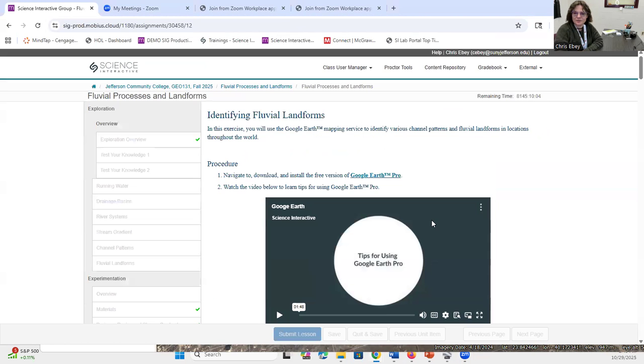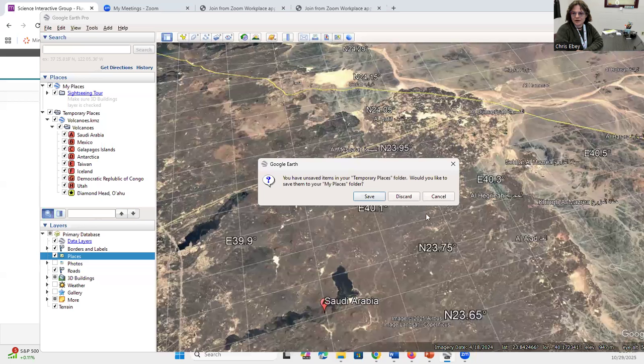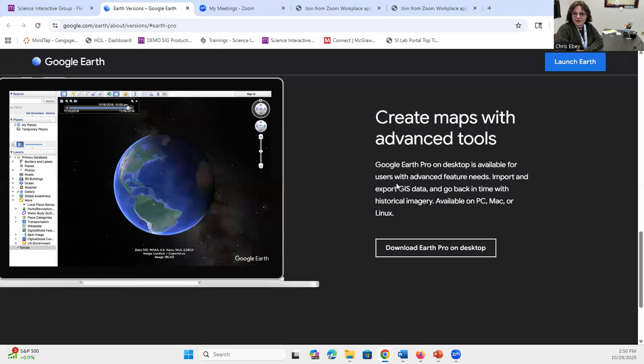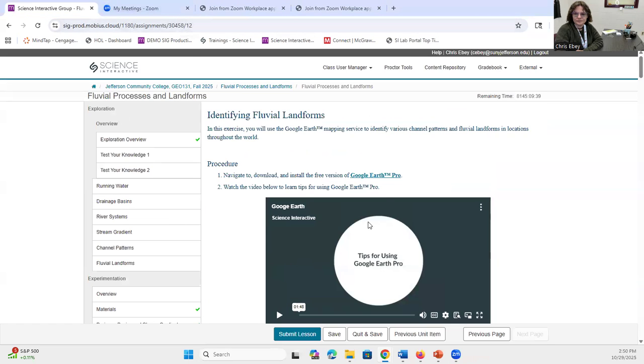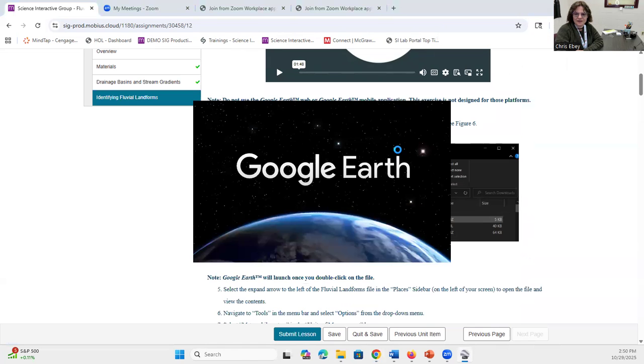So I hope that goes over some of the points that might have confused you. Now we're going to identify fluvial landforms by using Google Earth Pro. So I'm going to shut down my Pro right now so we can see it from the beginning. You should have Google Earth Pro because you've already done the earthquake lab, so you probably have it already downloaded. If you haven't done the earthquake lab, you'll need to install it. You don't need to open it in order to do this lab. You just click on the fluvial landforms, click on the KMZ file,